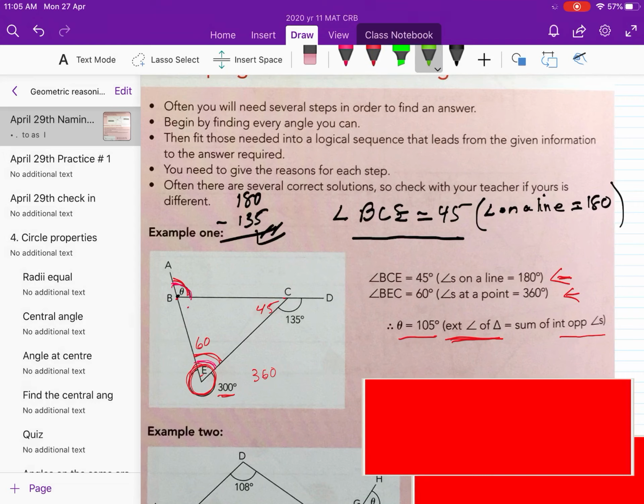Some people forget about that, and so what they do is they go, okay, I could find this angle here, and I know this angle, and I know this angle, so I know that they all have to add up to 180 because angles in a triangle add to 180. Then I could do this one because, again, angles on a straight line add to 180. So I could work that way as well. You're trying to be as efficient as you can, but that's just a chain of reasoning and giving the